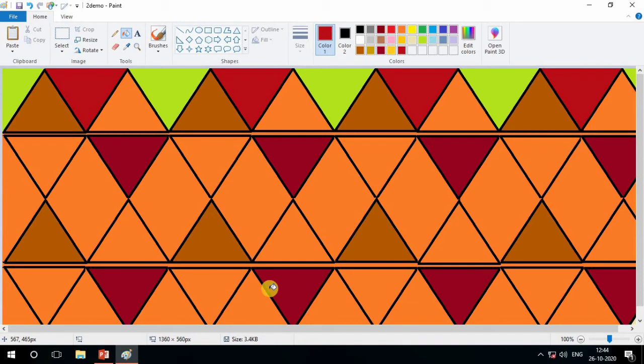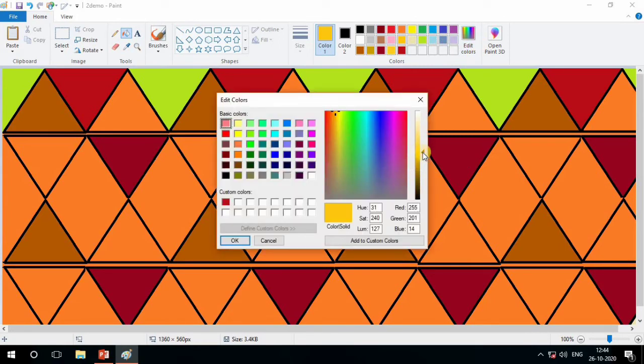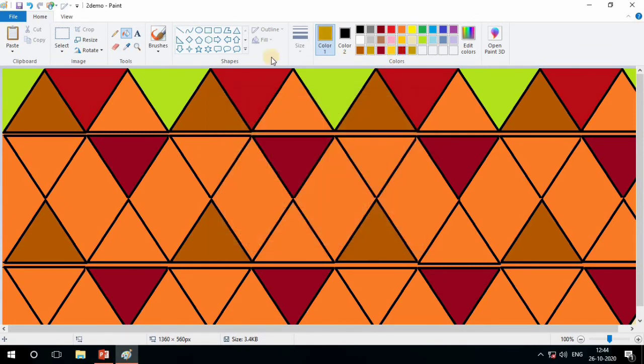See, we fill different shades into different shapes. Yes, choose another shade also and pick another one. Add it and okay. Now fill here. See, we are leaving one space here. One we fill, one we skip.